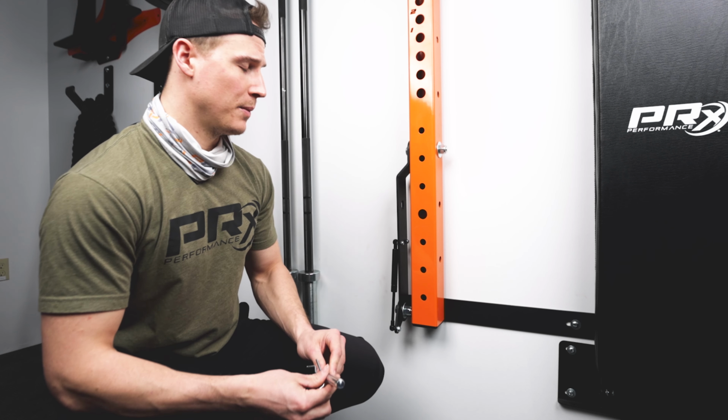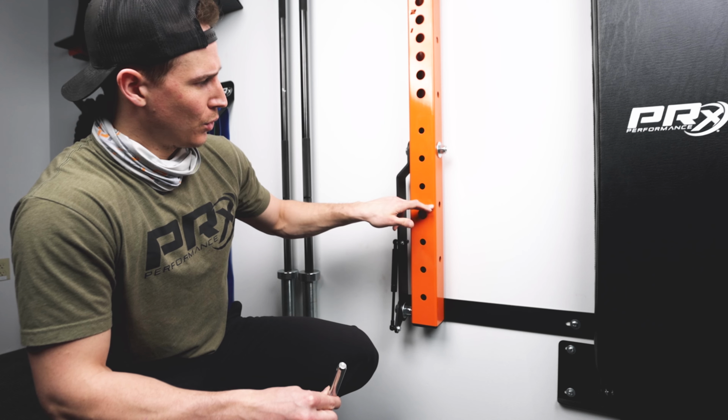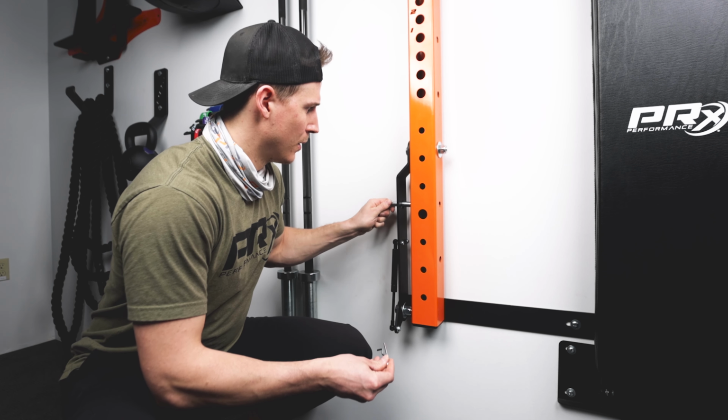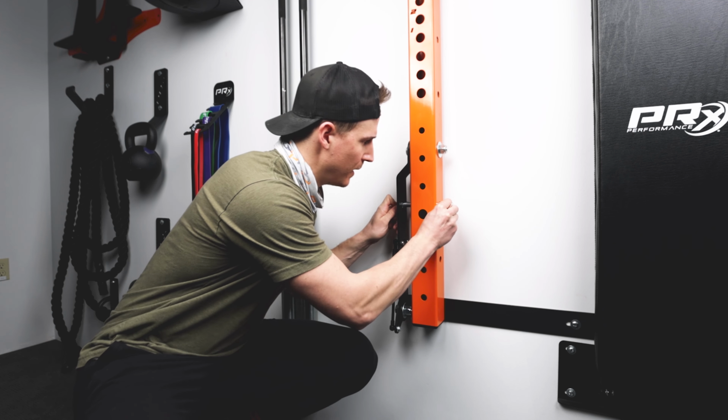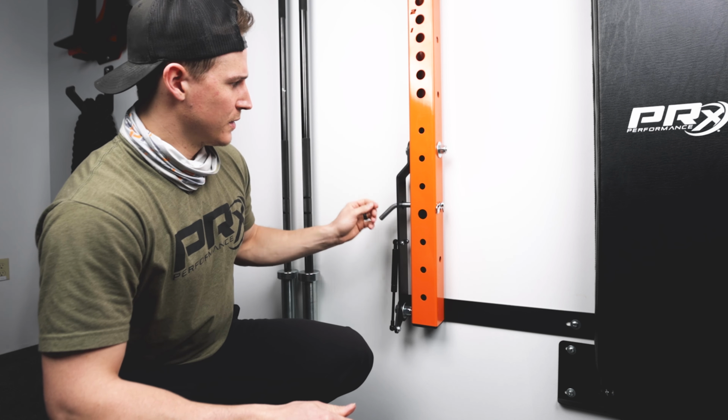With our rack folded up, you're going to notice that there's a hole on the outside of the linkage arm that then matches up with a hole going through your upright. So you're going to take your pin, go through the linkage arm, through the upright, and then pin to secure so that you can't pull it out, and then this is going to lock your rack in the stored position. So if someone were to come by and try to grab it, it's not going to allow you to open